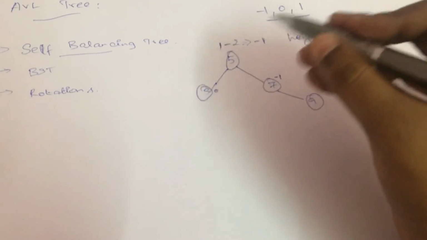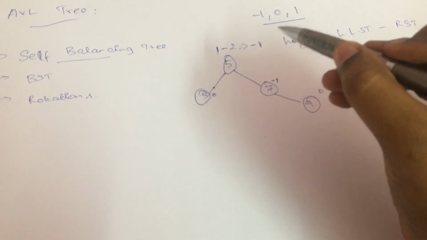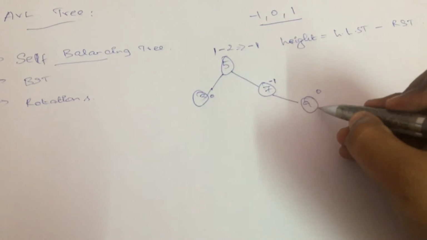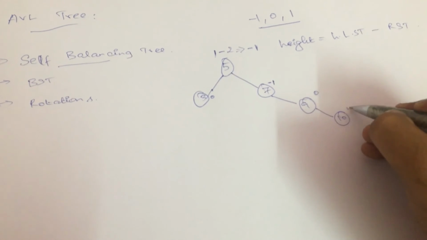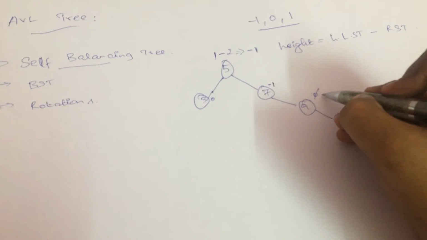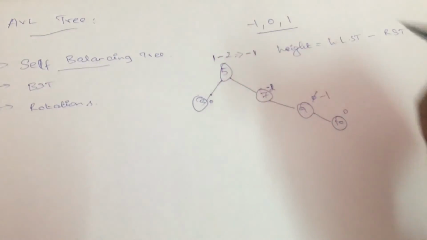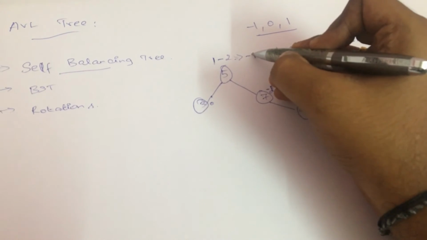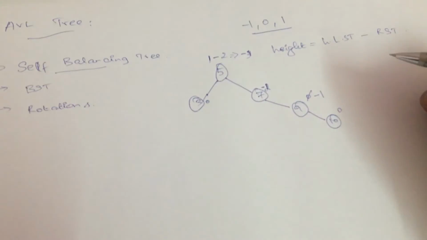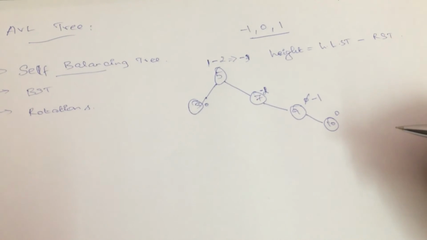So now I can say that all the nodes in this tree are in a balanced form. Now comes the problem. If I have one more value, for example, if this is 10, the height of 10 will be 0, 9 will be modified to minus 1, here it will be minus 2, and when it comes to this part, it is going to be beyond minus 2. So for example, it will be equivalent to minus 3. So this is what happens when a tree is in this form.